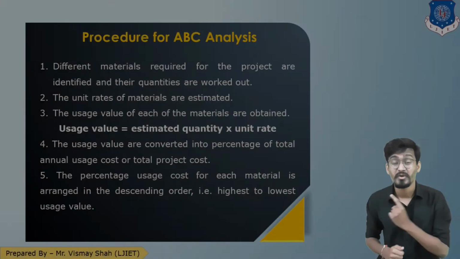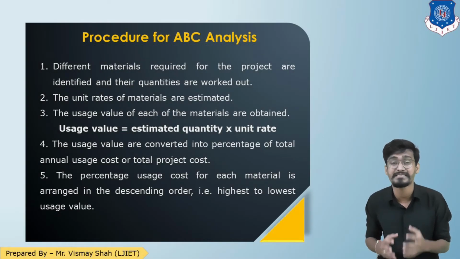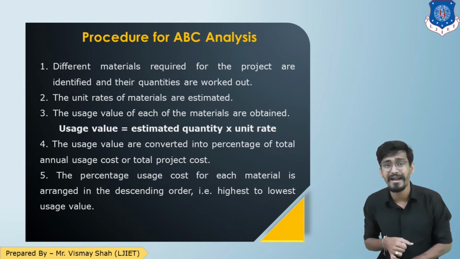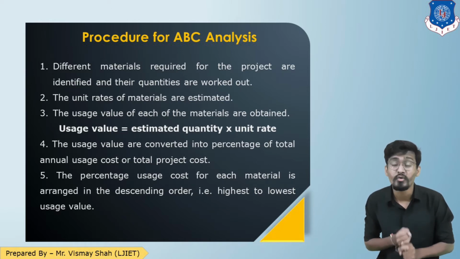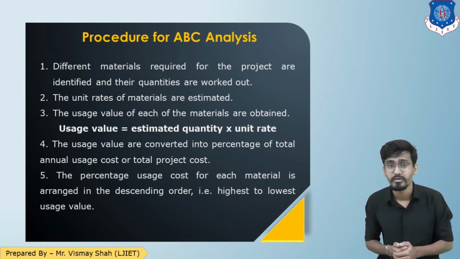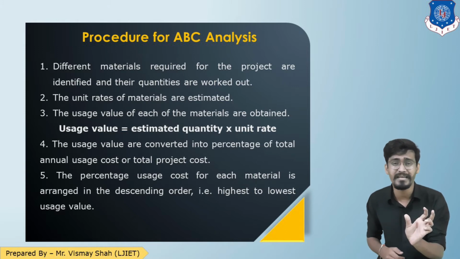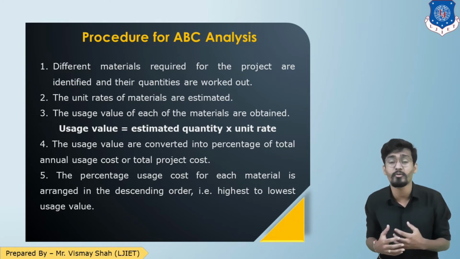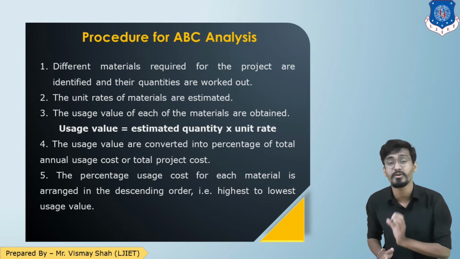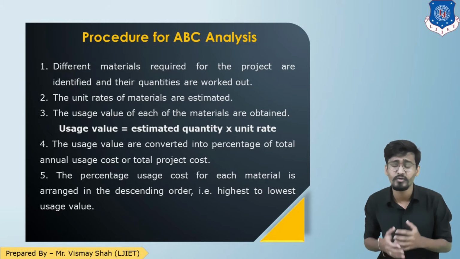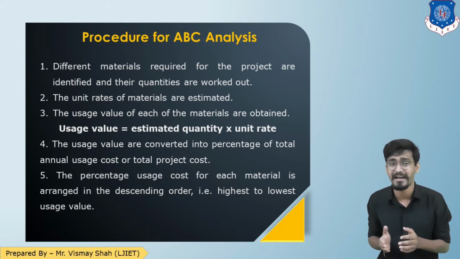Let us see that. So here is the procedure for conducting ABC analysis, or we can say to draw the ABC curve. The first step is determining what materials are required in what quantity. Then the unit rate of each material is worked out. After that, usage value is found out. Usage value equals the annual usage of that material multiplied by the unit cost. Now this usage value cost is converted into a percentage with the help of the total annual usage cost, or the total material project cost. Then this percentage of usage cost is arranged in descending order, from high to low,